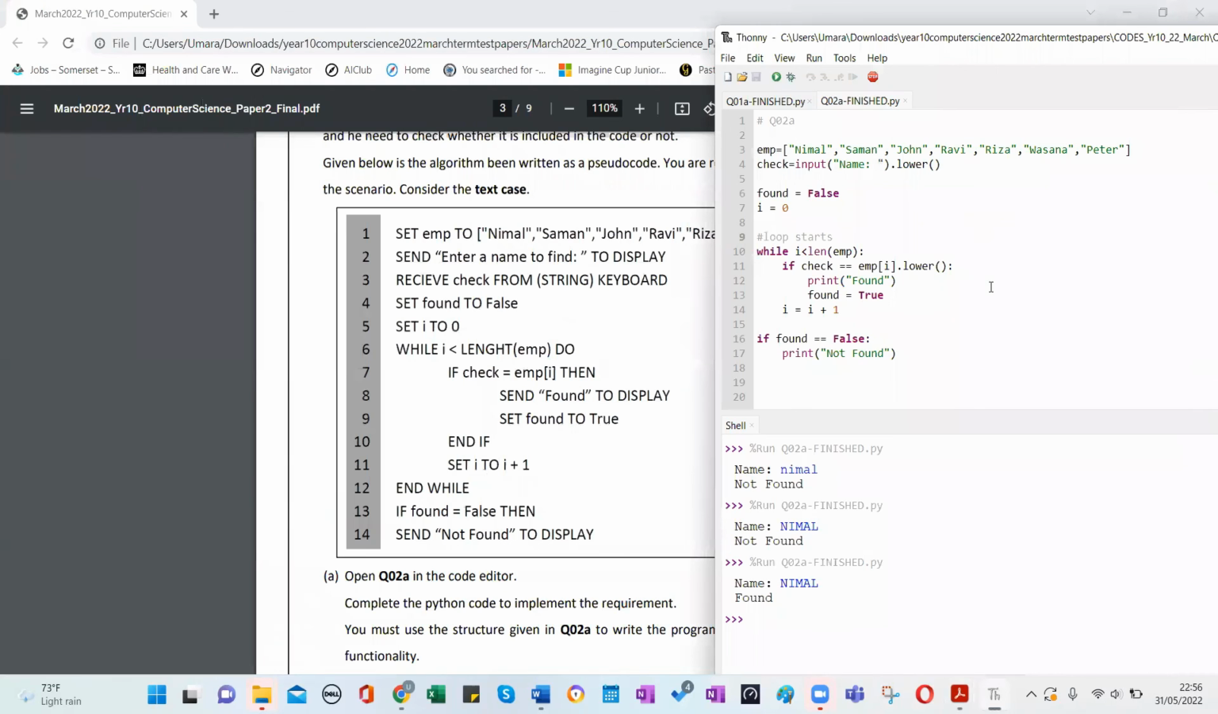So that's the thing, right? That's why you should try, even though you don't get the complete answer, you should try the maximum, because you are getting these part marks, right? Okay, so you're checking the lowercase name that user inputs against the lowercase name that we take from the array. If they are matched, we print found, and we set found Boolean value to true, and then we need to have the increment